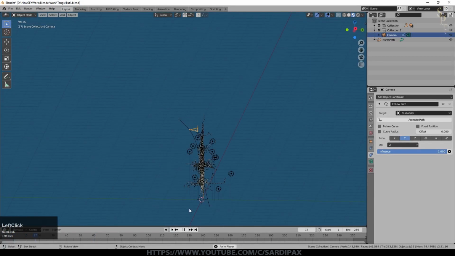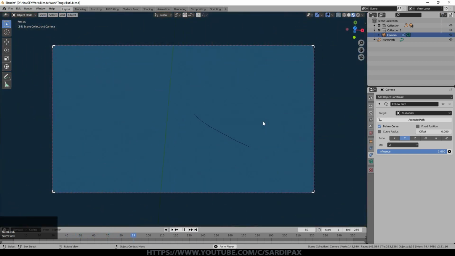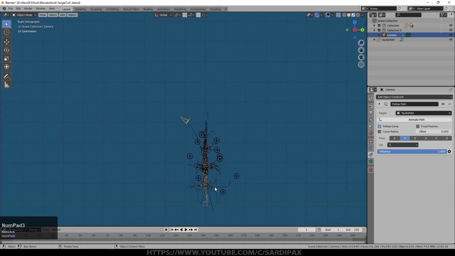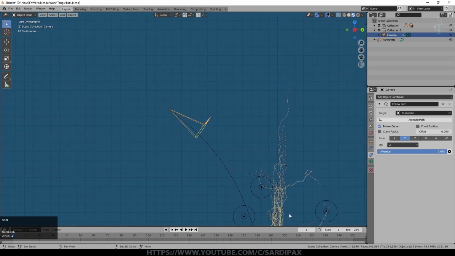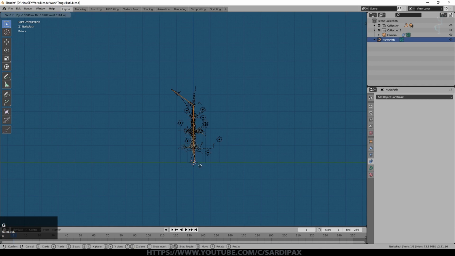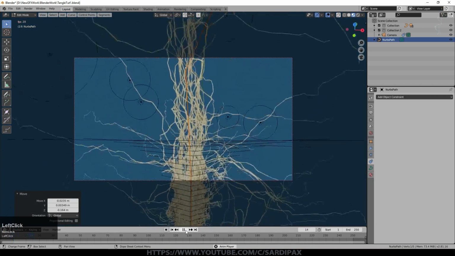So what we want to do is get the camera to look down the path. So if I say follow curve, now you can see the camera is looking down the path, and you can see we're moving through, at least for some of it, our ivy object. And obviously we can play around tweaking this path just to make sure that enough of it, for our purposes, takes the camera inside our Ivy, if that's what we want. And if we play that, we can see what's going on.